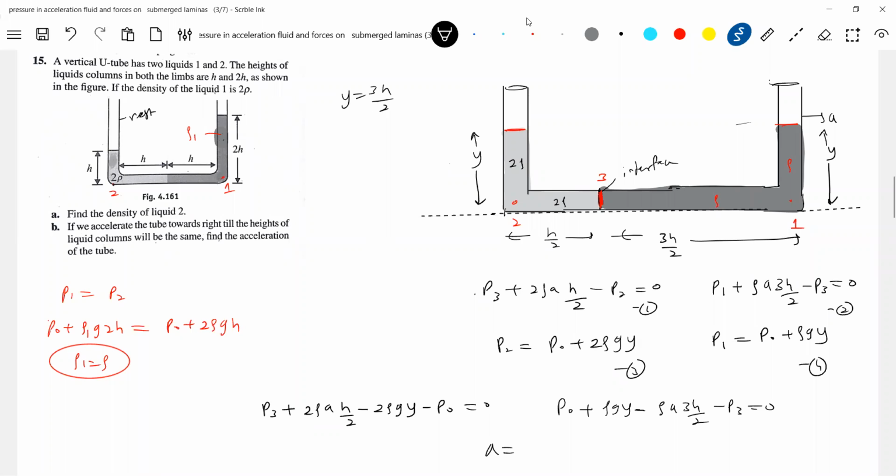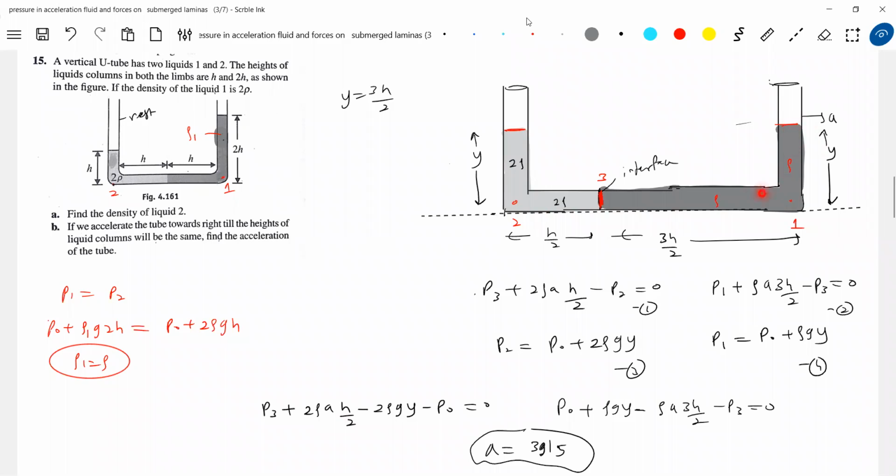Anybody got the value of acceleration? I think 3g by 5. I'll feel very happy if you can say, yes sir, we understood this. This is what I wanted you to write, not breaking up from 1 to 3 and so on. Here I broke the liquid column from 3 to 2, then separately from 2 to the free surface, similarly from free surface to 1, again from 1 to 3. But in exams, you can write directly from one end to the other. Yes, no problem. You can save time; one equation and finished.